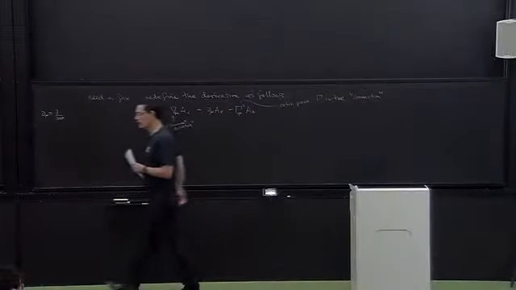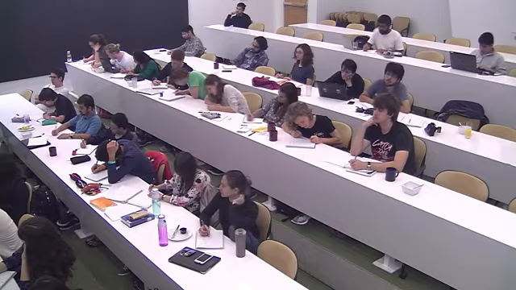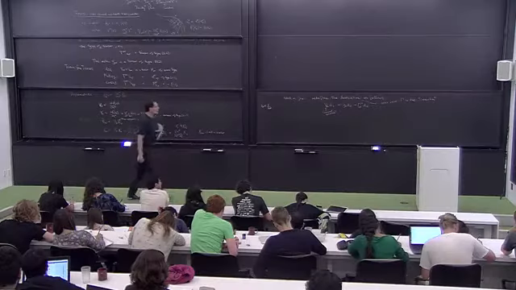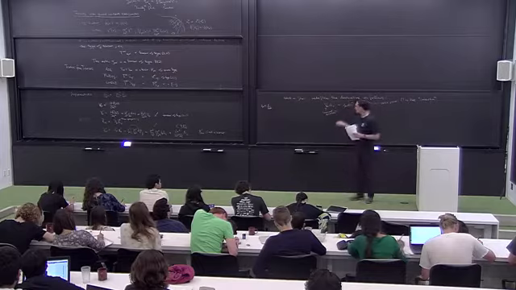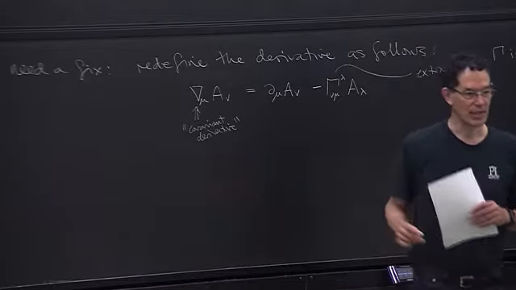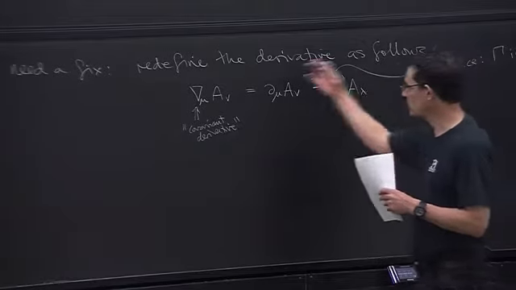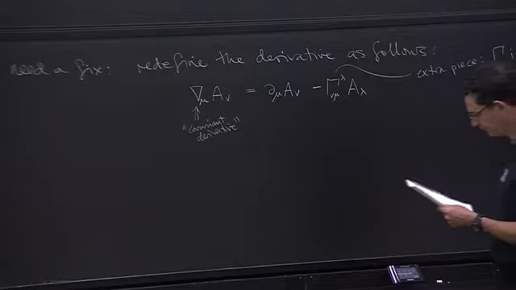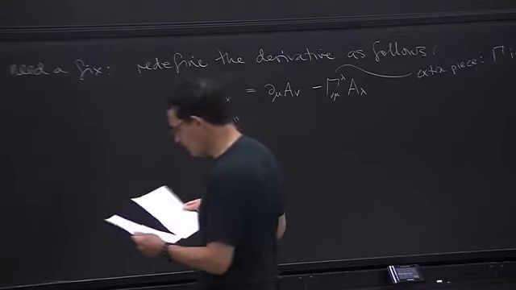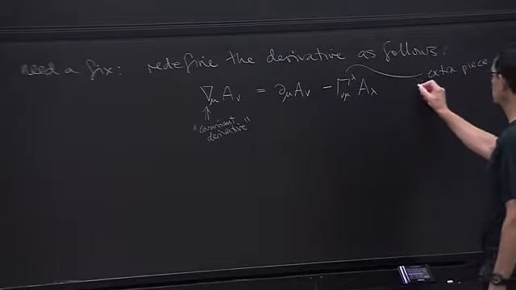Okay, so gamma is the connection, and its role in life is to make the derivative into a tensor. Actually, gamma cannot be a tensor because it's trying to correct a term that isn't a tensor. Its whole point is to make the sum of these two terms a tensor. So, the transformation law of gamma, by definition,